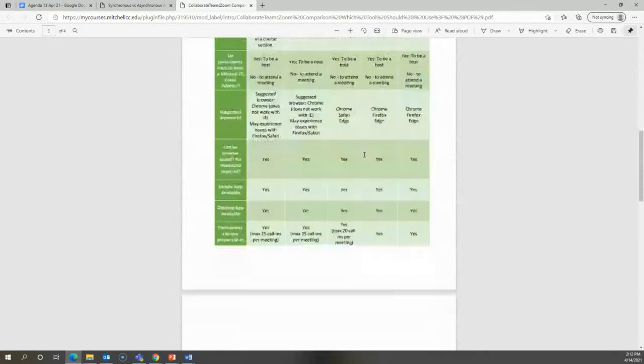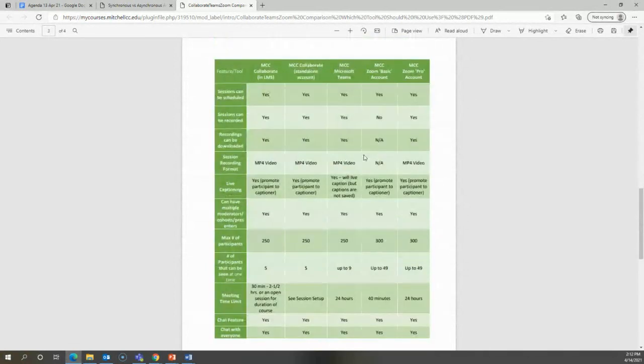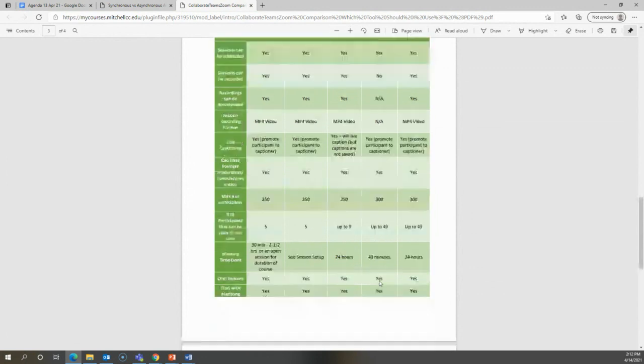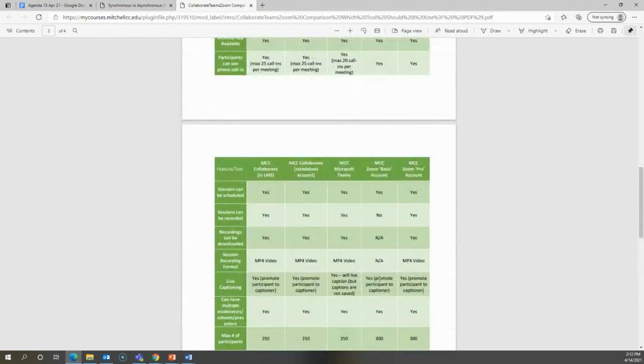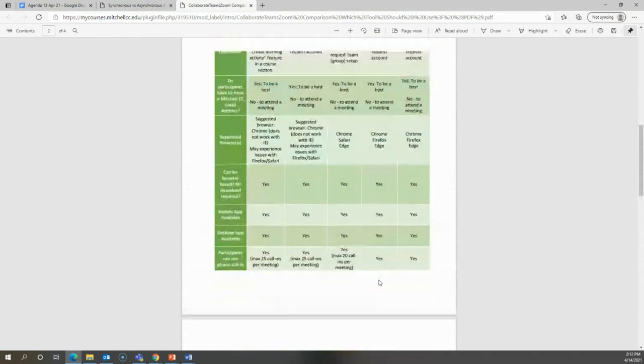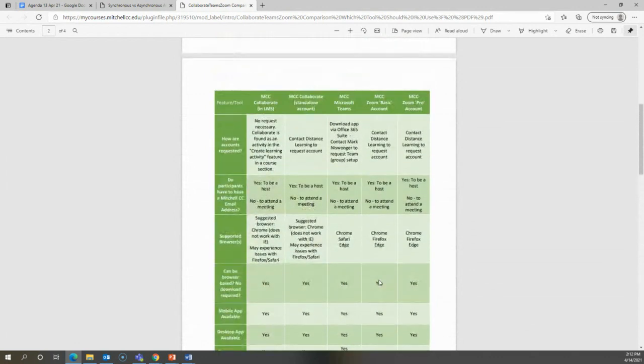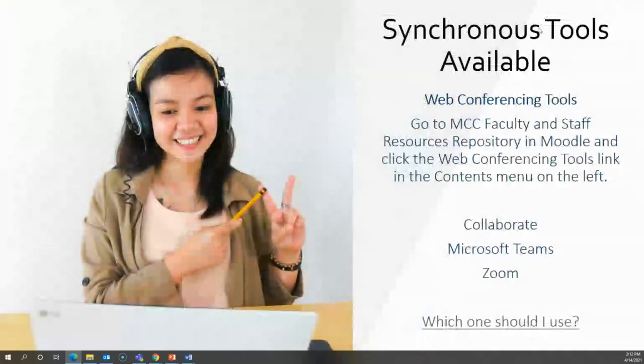If you scroll down through, when you get near the bottom, it talks about number of maximum participants in the session, then how many can be seen on the screen at a particular time, how long the meetings can last, and so forth. So there's a comparison if you're trying to decide which tool you're going to use of those that are available in your class and for what purpose. So we've provided that. And as we go to the next slide,